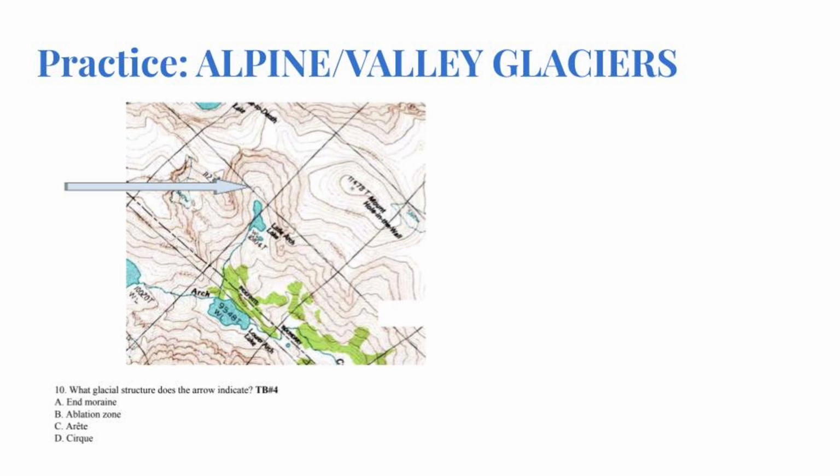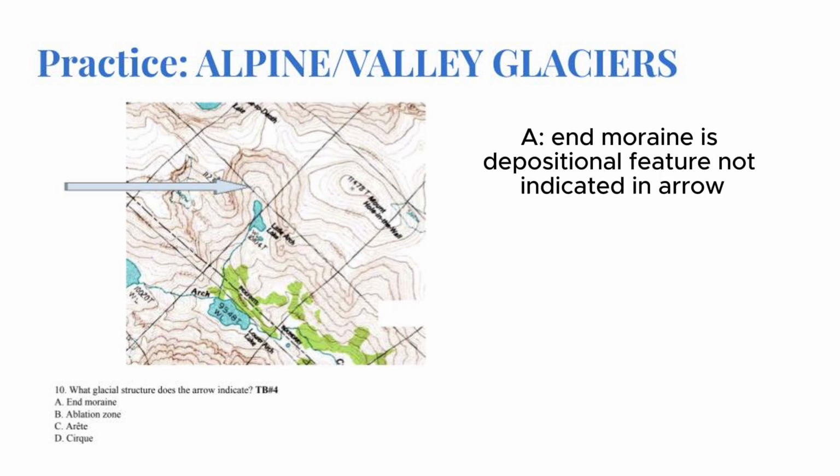We will go over some past Science Olympiad problems on Dynamic Planet on the topic of glaciers. So this will be on valley glaciers. What glacial structure does the arrow indicate? Notice that it's a curved, bowl-like feature, so we automatically should think of the cirque glacier, and yes, the answer is D. And also notice how A, end moraine, is a depositional feature which is not indicated by the